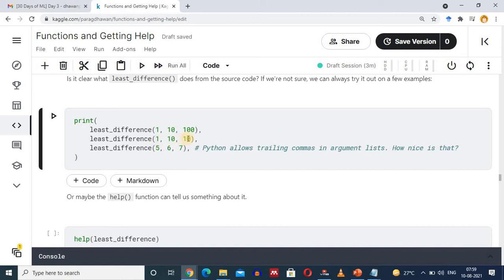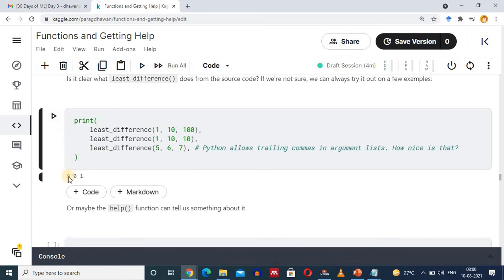The least difference is 10 minus 10, which is 0. 0 will be returned by the least_difference function and it will be printed here. In the last, we are calling the least_difference function again, passing parameters 5, 6, 7. The difference will be 1, which will be printed on the user screen directly. Click on the cell, run the cell, you have the output 9 0 1.